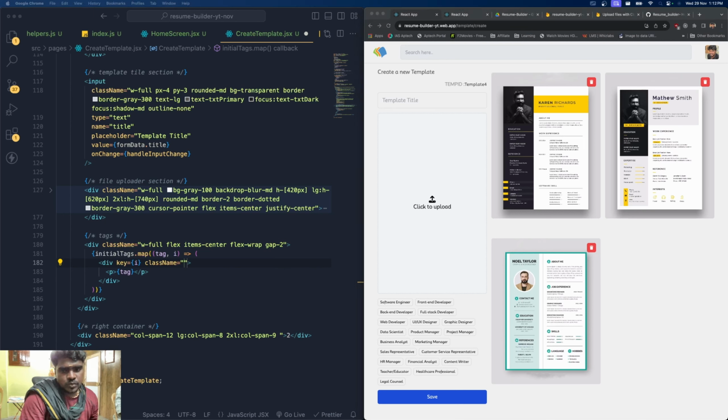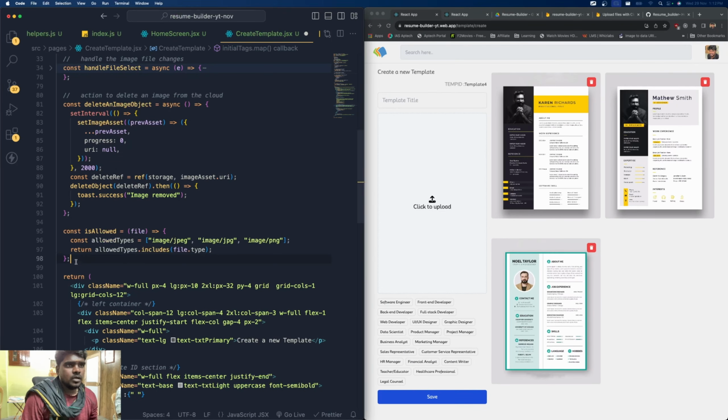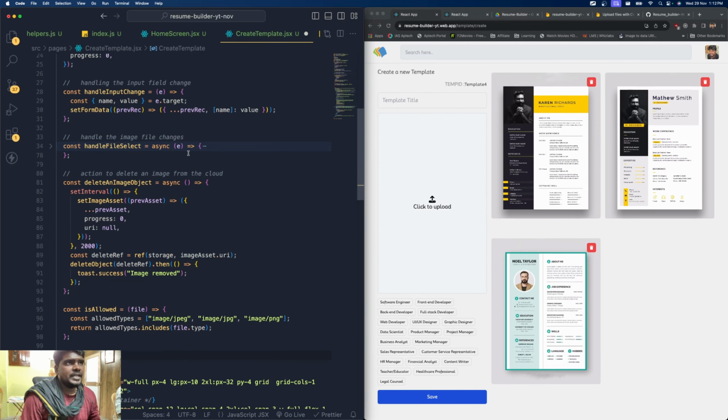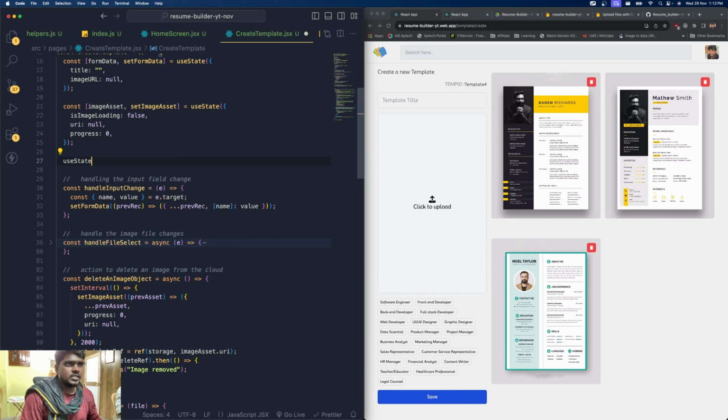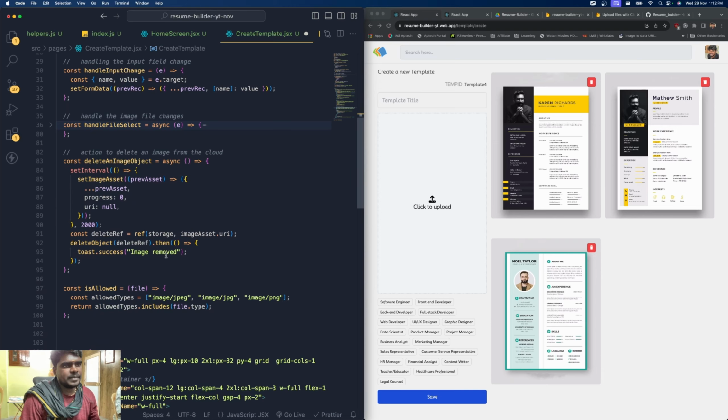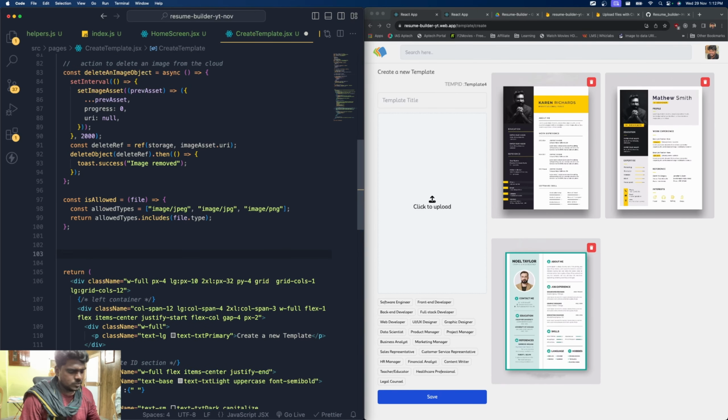So all I'm going to do is to create a separate method to handle this. So over here, first I need to create a state. So where is the state? Okay, here. So useState. Let's create a state for selected tags. Let's say selectedTags, and the selected tags initially is going to be an empty array. So I'm going to create a separate function to handle those tags. So const handleSelectedTags equals to,